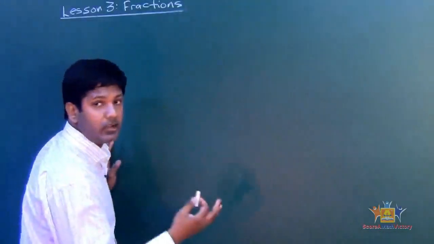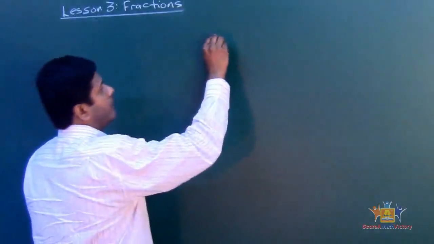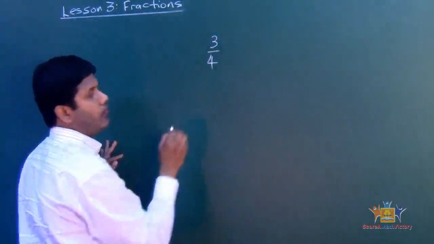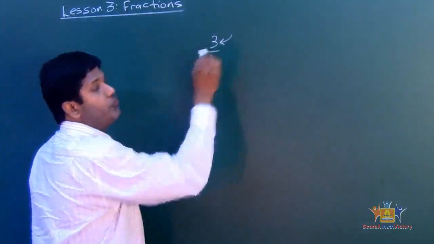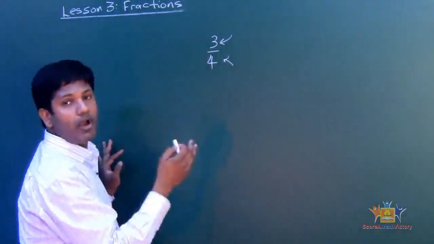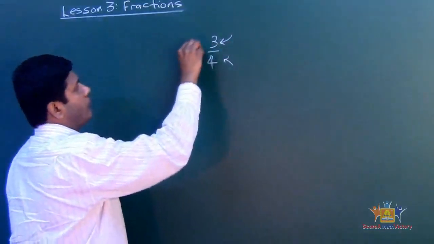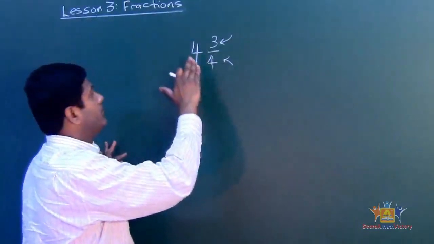Okay. So let's talk about proper fractions first. Proper fraction, whenever I have, say for example, 3/4. That's a proper fraction. Why is that? Because the numerator is less than the denominator. That's called proper. Okay. Now, even if I put a 4 in front like this, it's a mixed number. See that? So it's a proper mixed number because